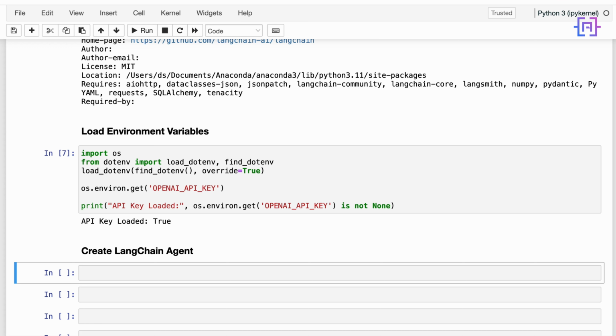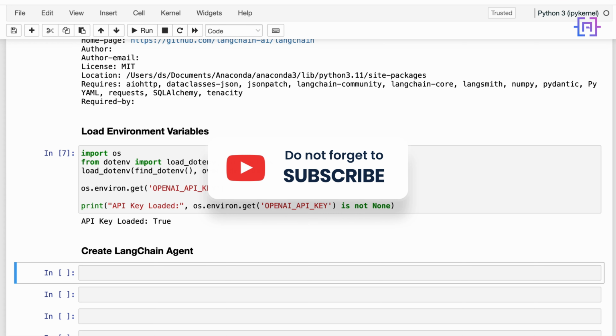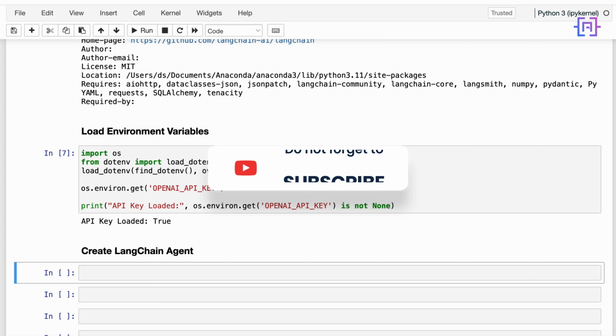So LangChain agents provide large language models with access to external tools. Using a LangChain agent, we can create tools that allow large language models to run code, do calculations, search the web using different search engines, and even run SQL queries. And this is totally different from LangChain chains, where in the chain we have a sequence of actions that is hard-coded in our code. Alright? Using LangChain agents, the large language model is used as a reasoning engine to determine which action to take